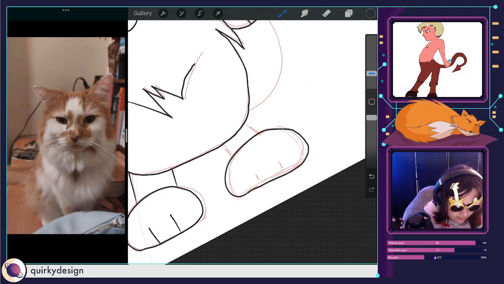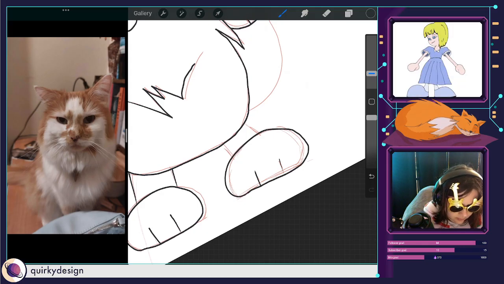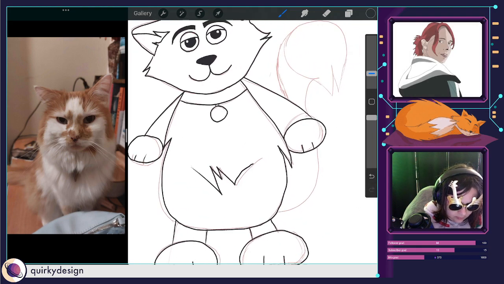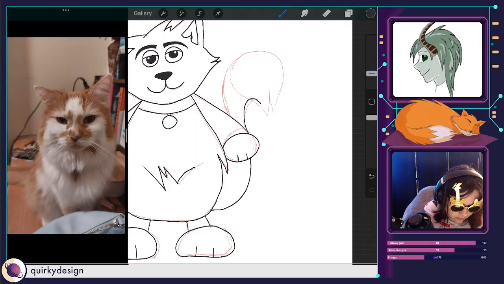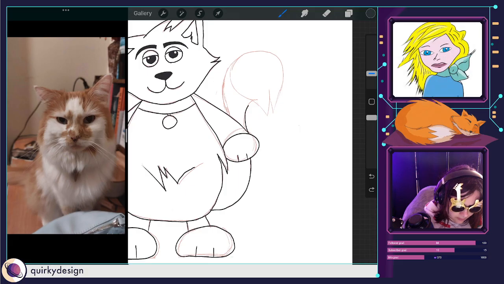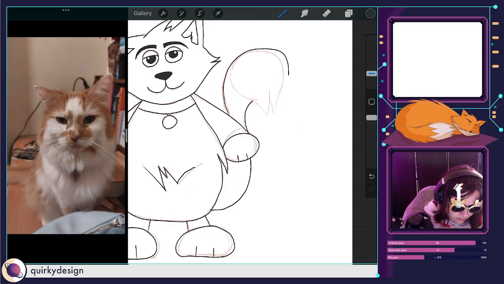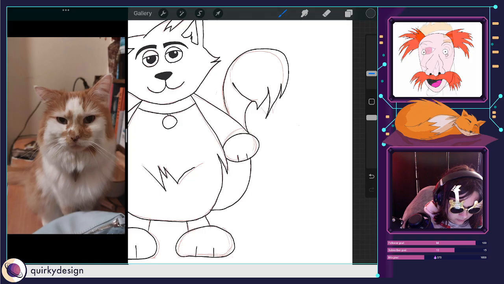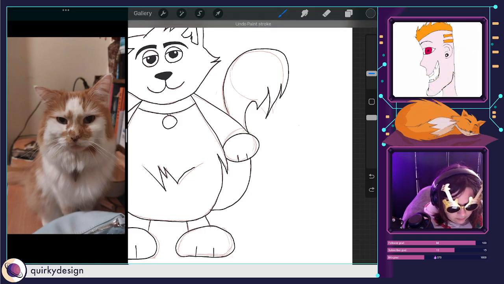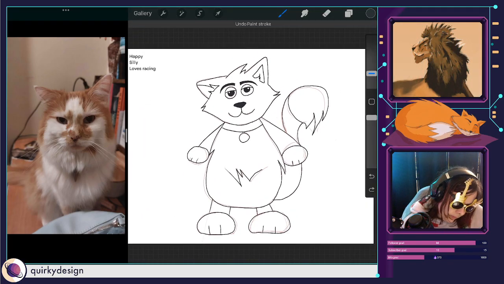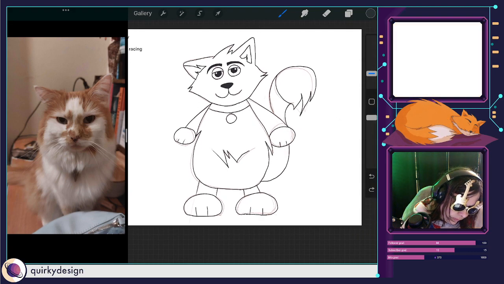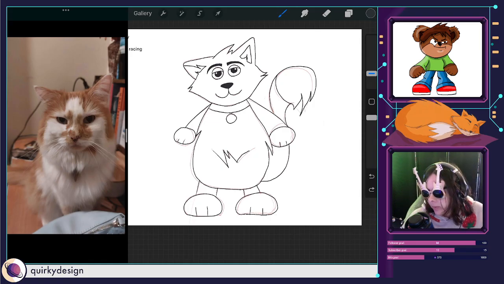Spaces getting there. Still not sure about his feet.